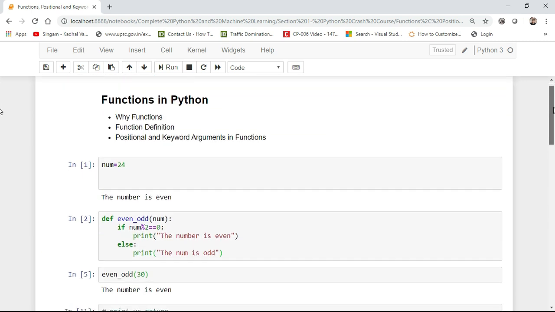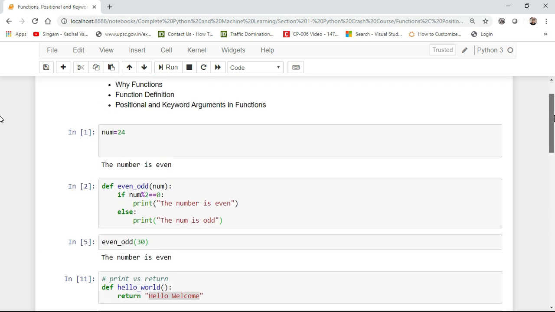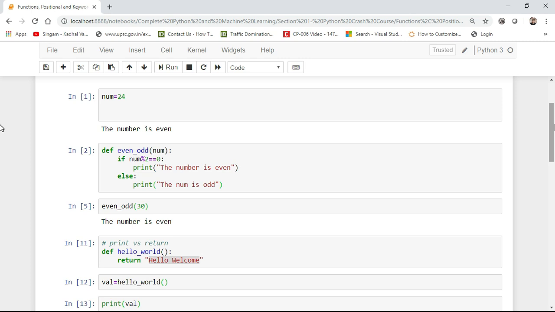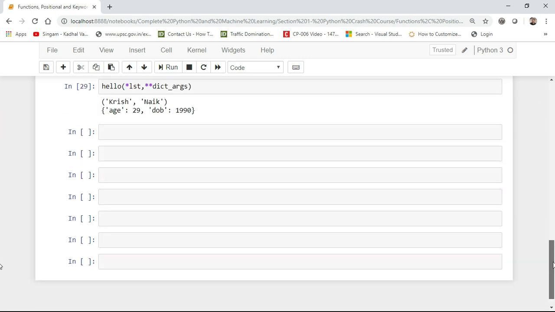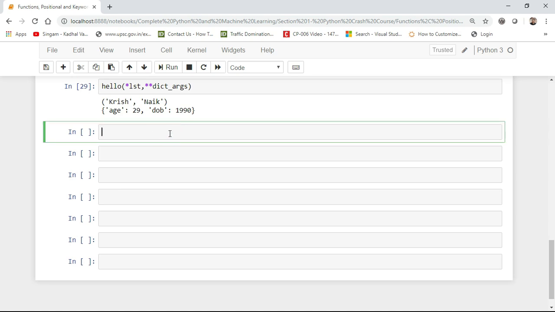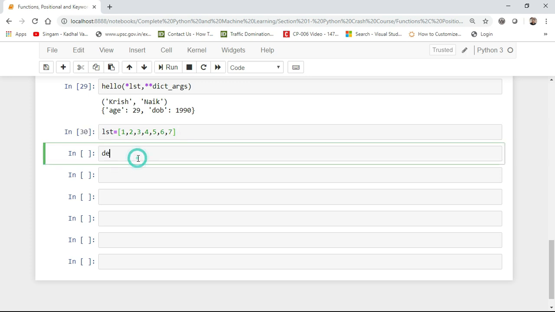So in this video, we have understood why we require functions. How do we define a function? We can specify any number of parameters inside a function. We can return any number of values inside a function. Okay. Now let me give you a way of returning two different values inside a function. Here I'm going to create a list. I'm saying 1, 2, 3, 4, 5, 6, 7, 8. Okay. So I'll define a function which finds the even sum,